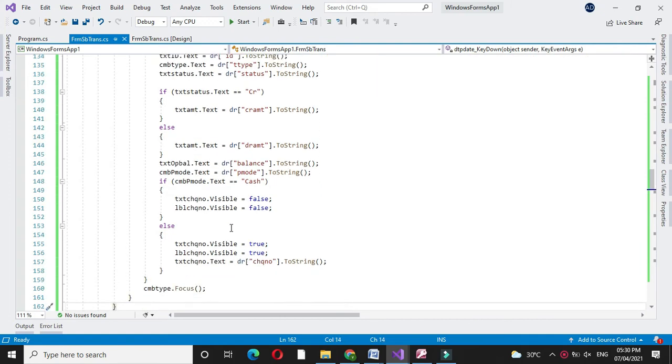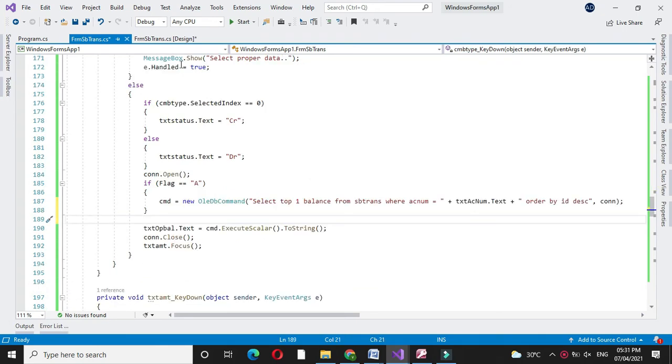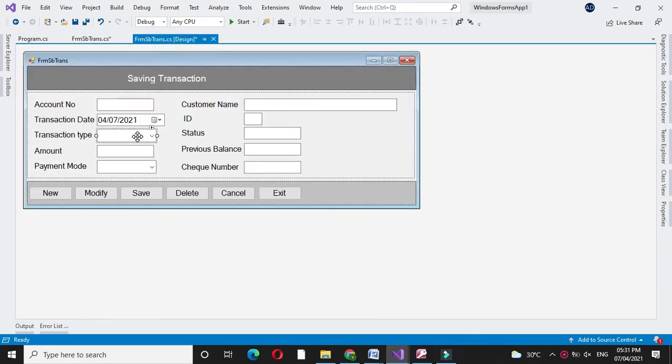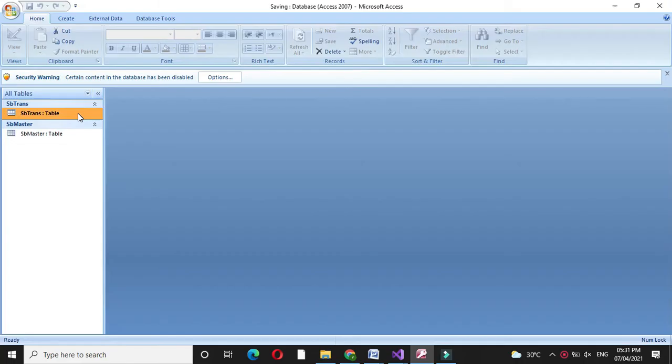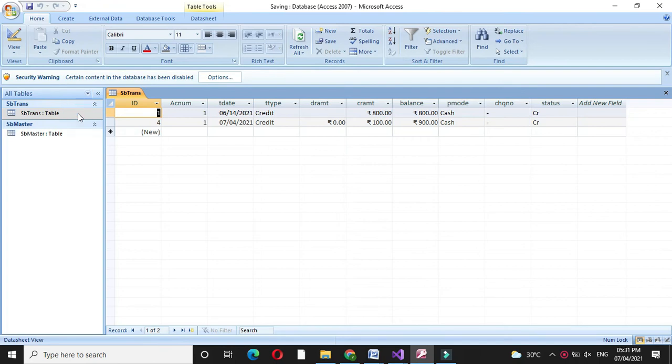Then we will set the focus to transaction type. And at the transaction type key down event, we will get the previous balance from the table. That is, when we are going to update this record, we should get the balance 800 from the table.